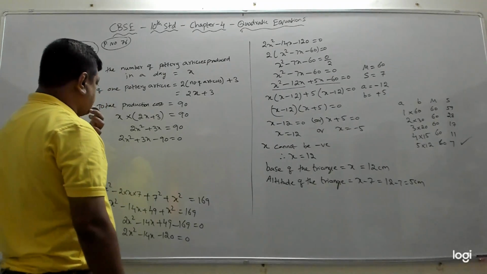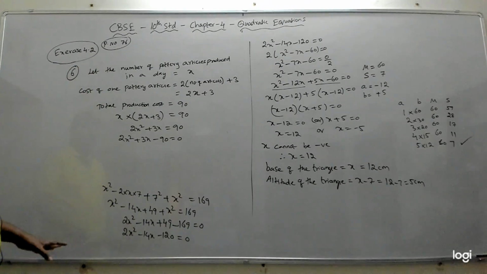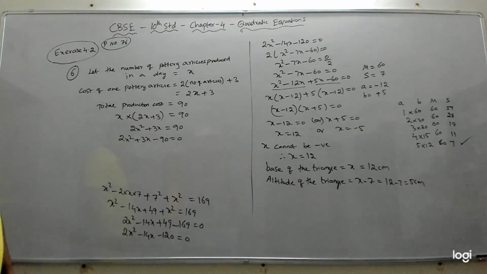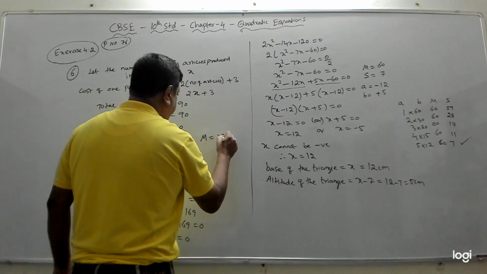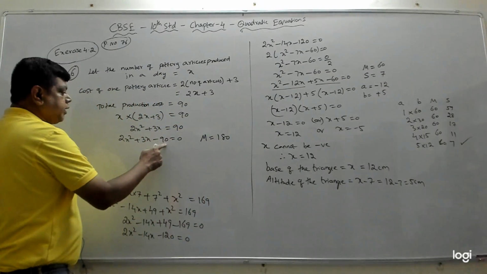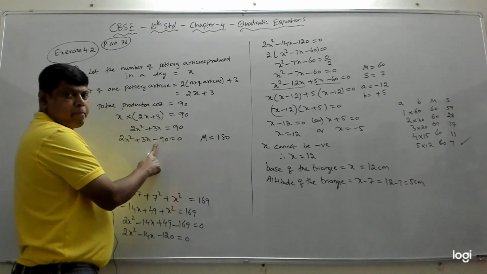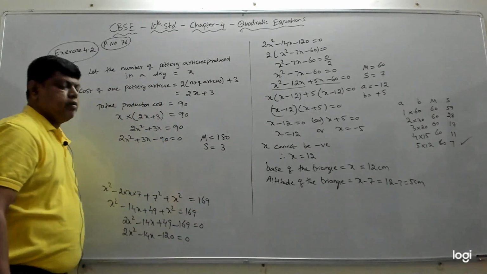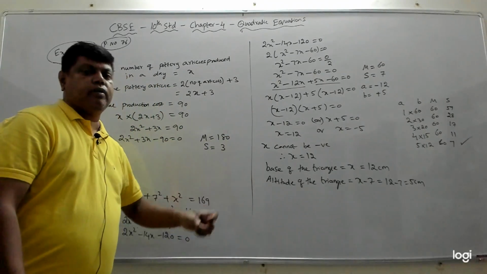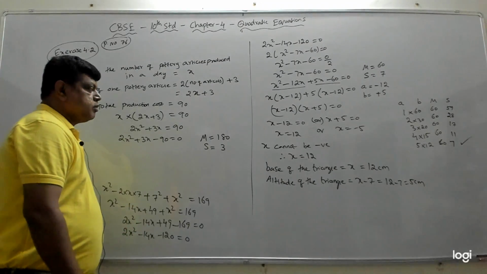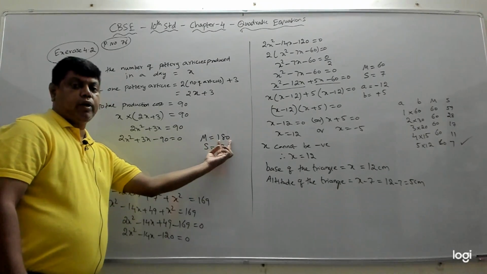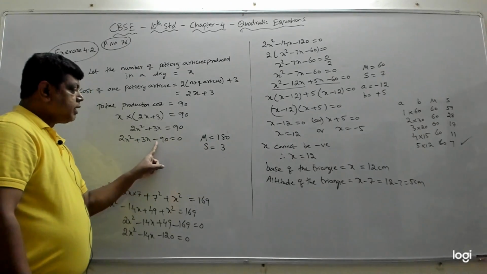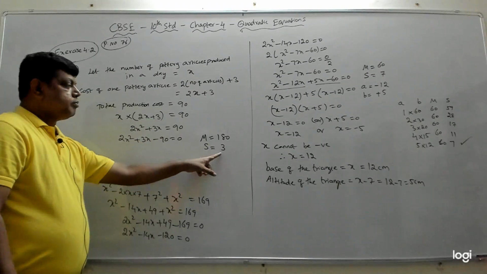Now what should we do here? We should find two numbers such that when I multiply the two numbers, I should get 180. How did I get this 180? 2 into 90, 180. The same two numbers, what is the sign here? Subtraction. When I subtract, I should get 3. We have to find two numbers such that when I multiply them, I get 180, that is 2 into 90, and the same two numbers, if I subtract, since this sign is minus, I should get 3.